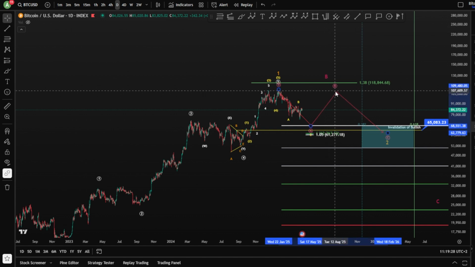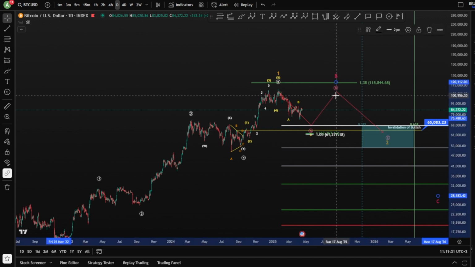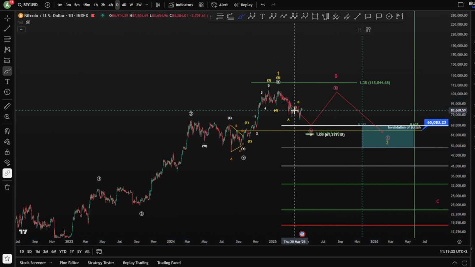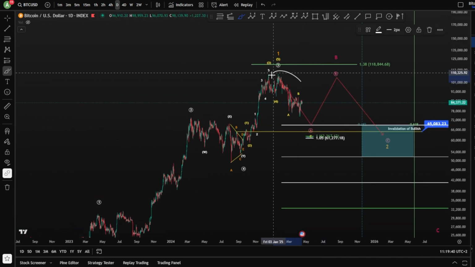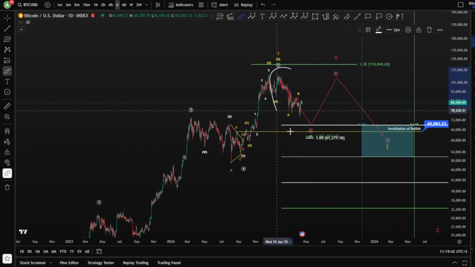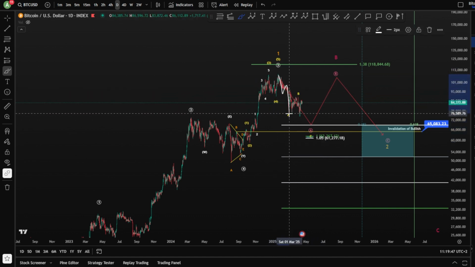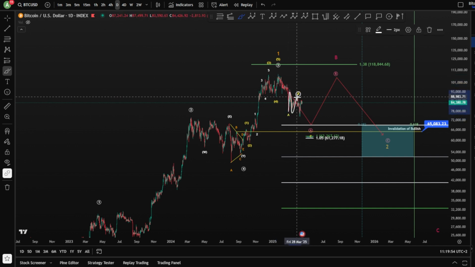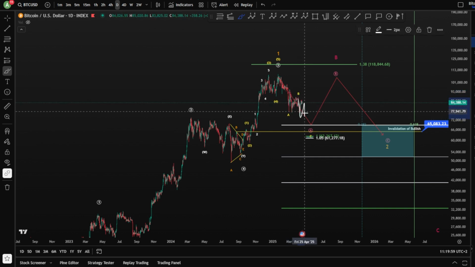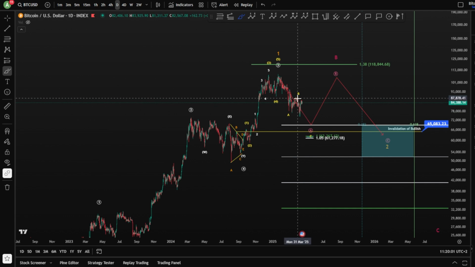However, we know corrections can come in different forms. They can be zigzags, flats, triangles, or W, X, and a Y. Now, if we take a look after the top here, we have the first leg of this bear market. We started with clear 3 waves toward the upside, potentially finishing a wave A. We're looking at another 3 waves, a running flat here for a wave B. And you're still looking for a wave C, which can unfold as an impulse or an